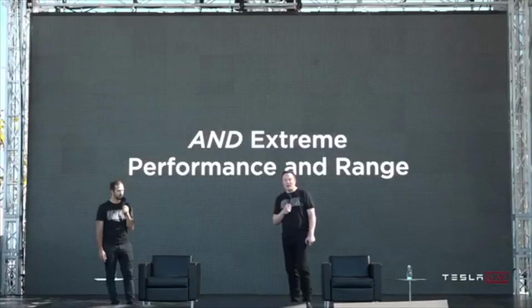And when you think about the $25,000 price point, you have to consider how much less expensive it is to own an electric vehicle. So actually, it becomes even more affordable at that $25,000 price point. So we have extreme performance and range, and we should probably